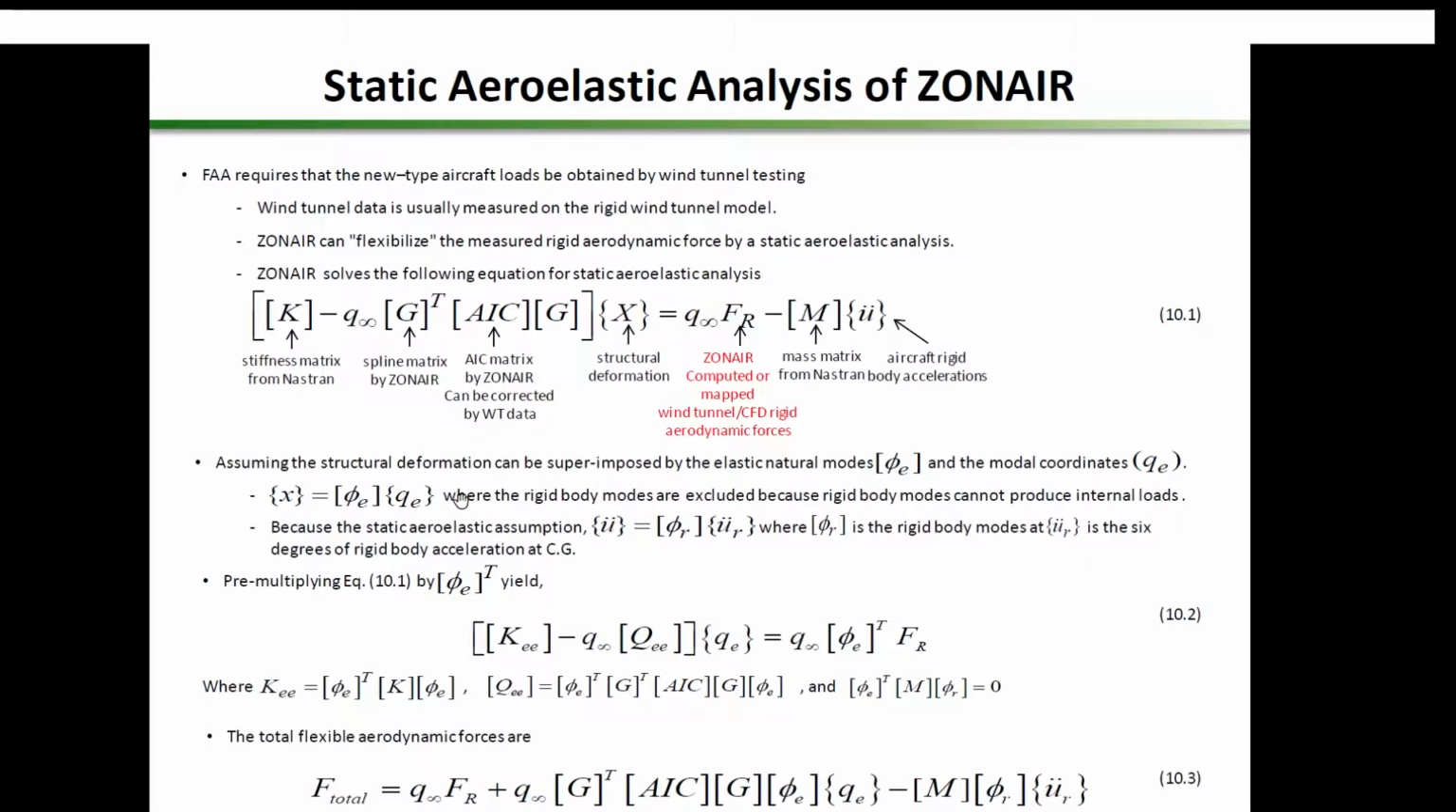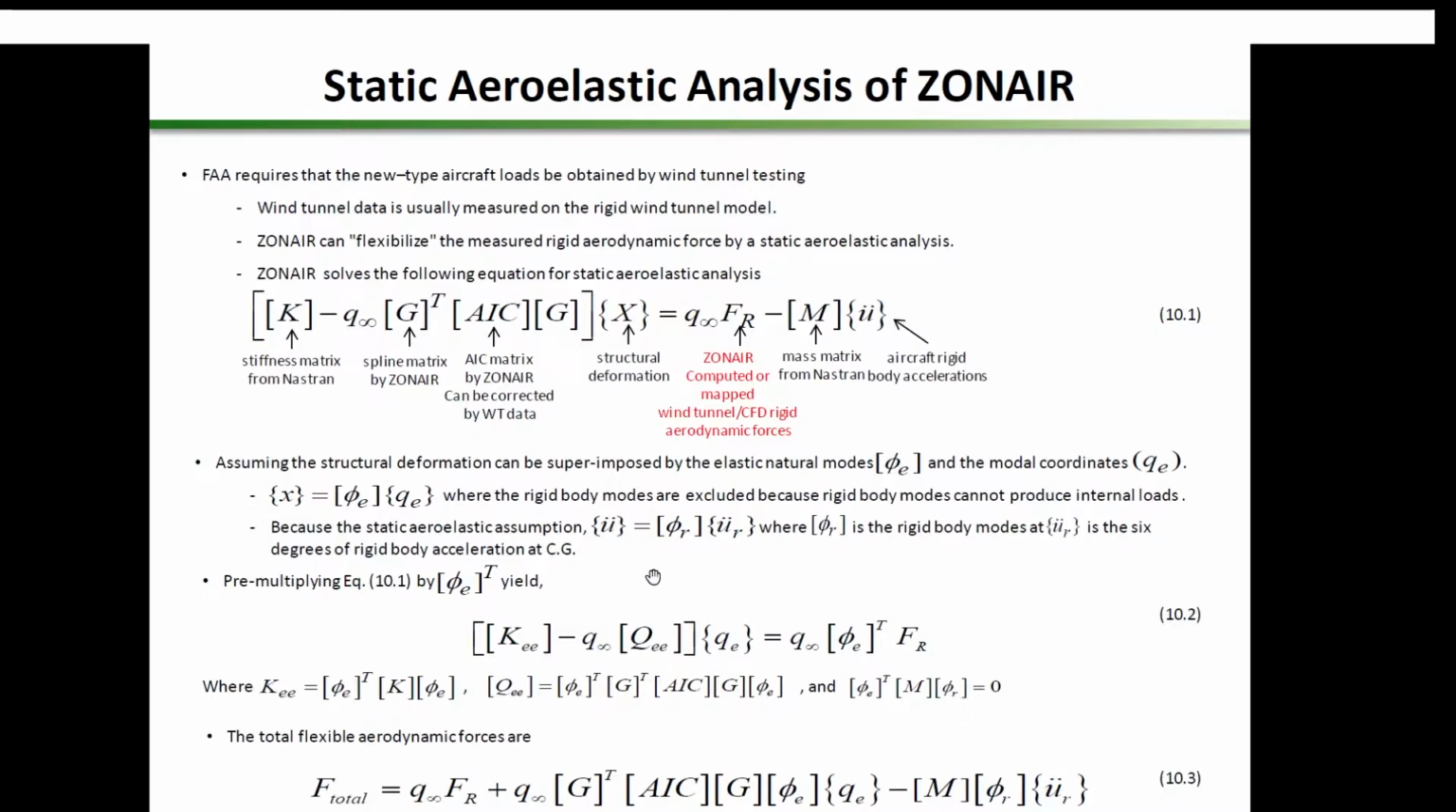So if we substitute X into here and pre-multiply this equation by phi sub e transpose, we can reduce this equation to this equation, where KEE is a generalized stiffness matrix of elastic mode. QEE is AIC pre and post multiplied by the spline matrix, then pre and post multiplied by the modal matrix of elastic mode. And this term becomes 0 because phi sub e and phi sub r are